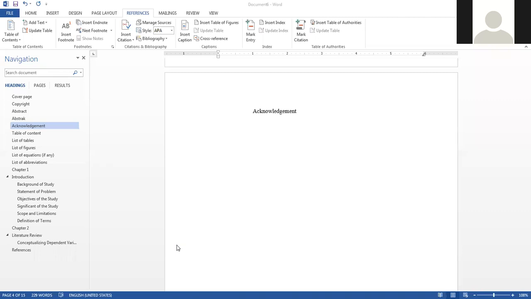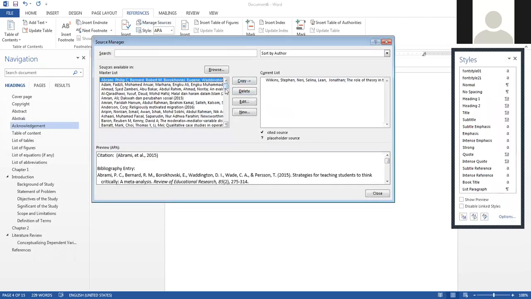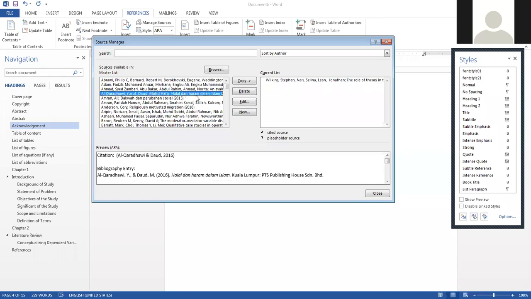Even when you enter it in the first document here, later you close it and open another document, actually no need for you to enter it again, because all you need to do is choose from your main library here. See, I have 1,000. The list on my right side is the one I use in my current document, but in my main library I already have it. So next time I want to use that source, I just choose from the master list here.